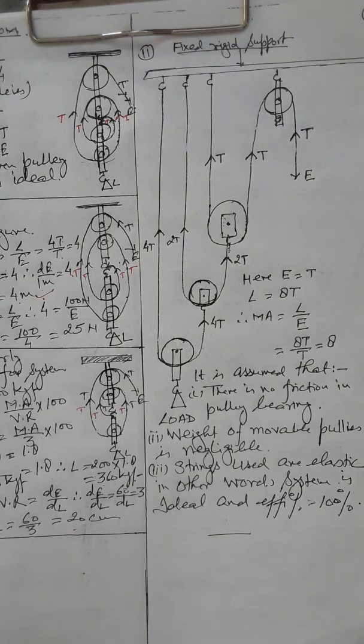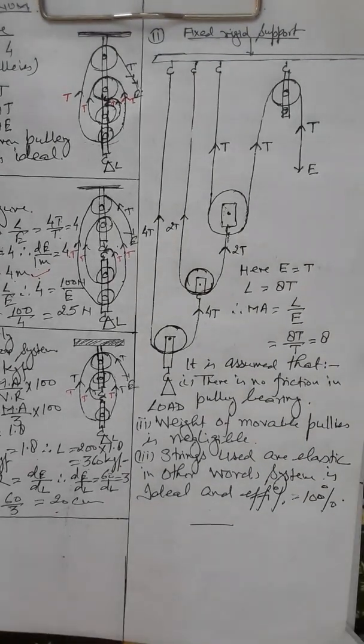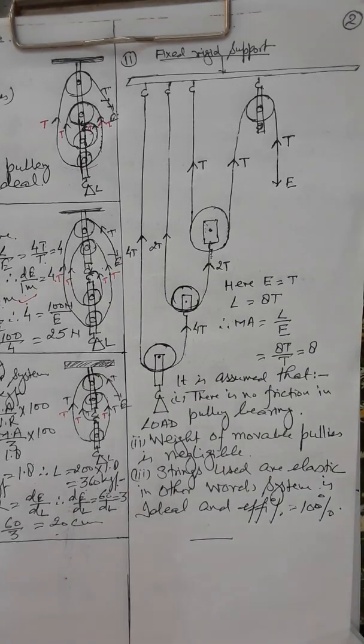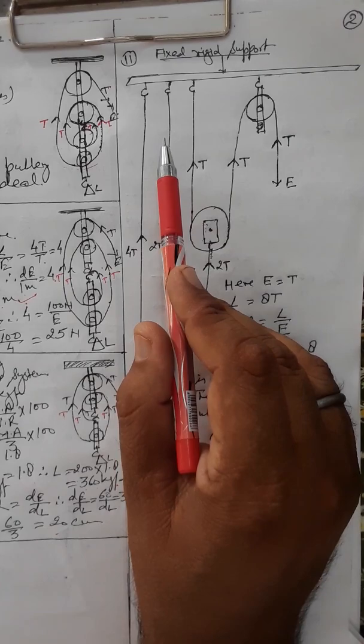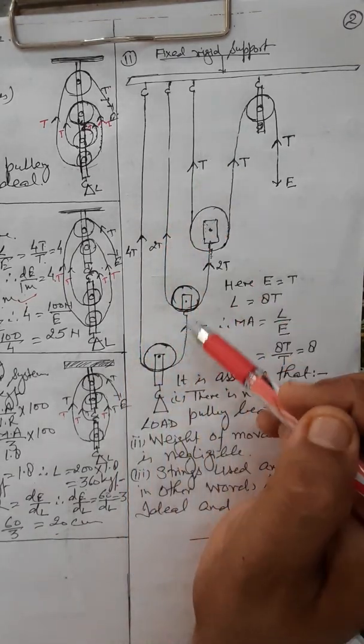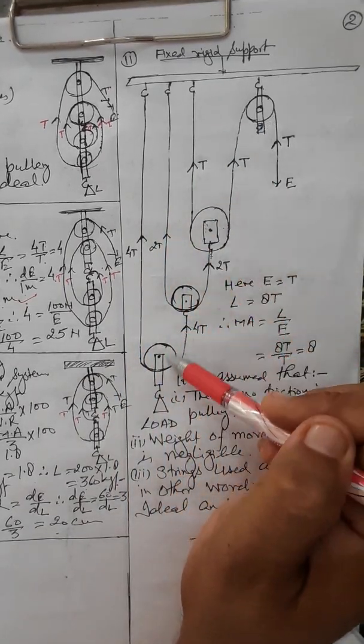Clear? Last question, last numerical of this exercise. You are given a 4 pulley system, 3 strings. Draw a neat and labelled diagram to use them so as to obtain a maximum mechanical advantage equal to 8. In your diagram, mark the direction of the load, effort and tension in each strand. What assumption did you make to obtain the required mechanical advantage? Clear? The hint is also given: 3 movable pulleys, 1 fixed pulley.